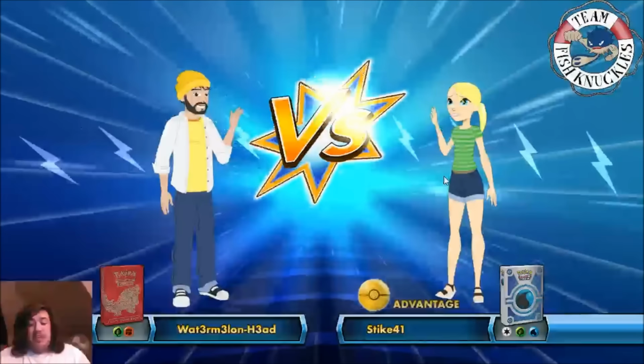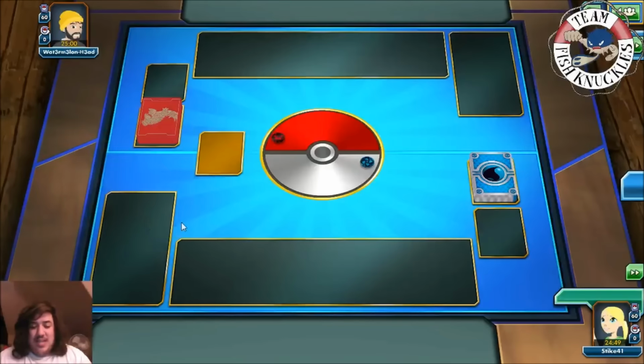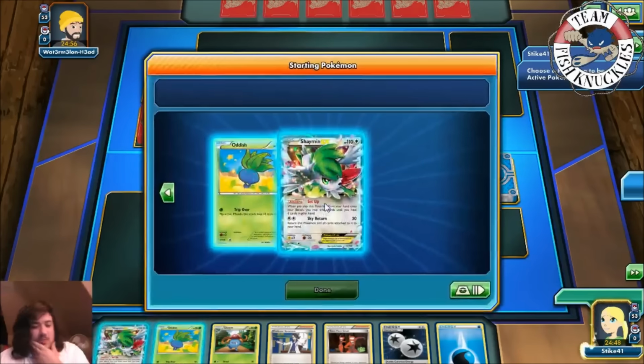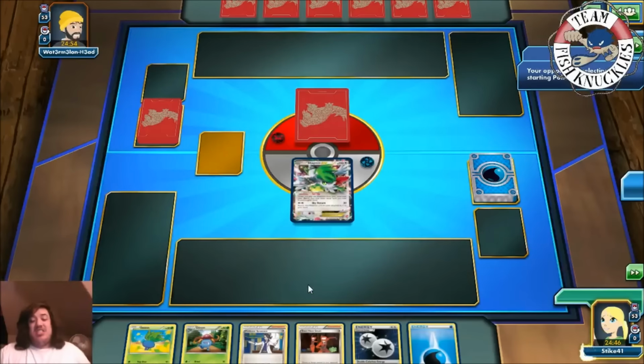Alrighty, so here we're playing against Watermelon Head, playing a Fighting Grass deck. We get to go first again. I guess luck is just on our side here. If I had this hand though. Alright, we'll start Shaman. It's not the best, but at least we can attach a DC to it and Sky